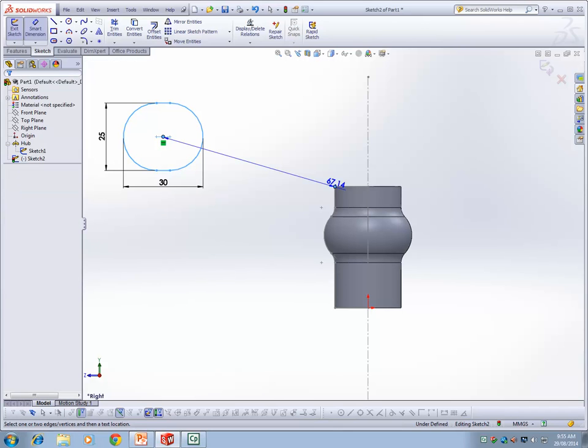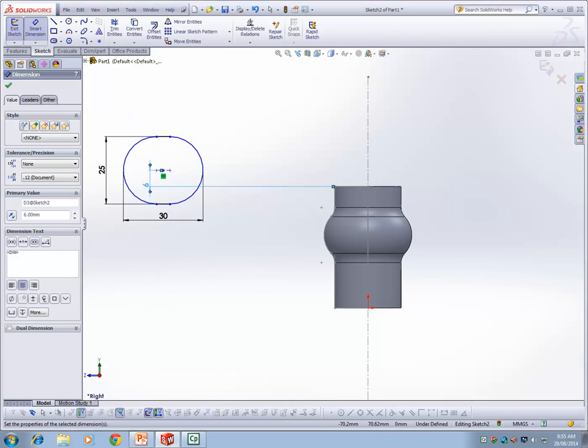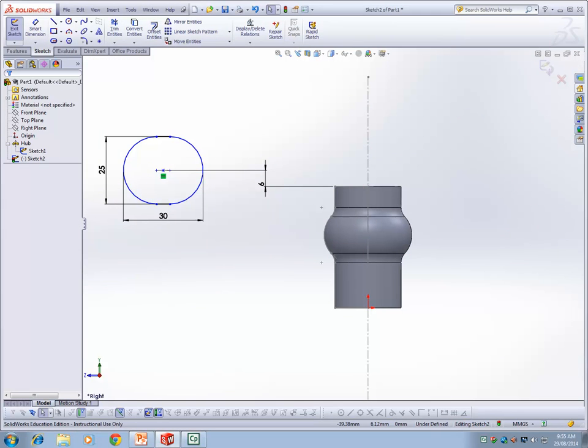Distance, enter 6 mm here. You can push this one here. Also the distance, the diameter is